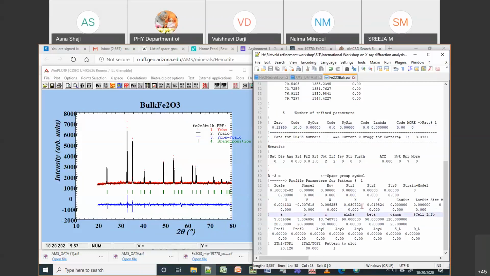Next you should take care of UVW and XY. As I am using the Thompson-Cox-Hastings peak shape model, I need to fit only X and Y. I don't have to worry about U, V, and W.